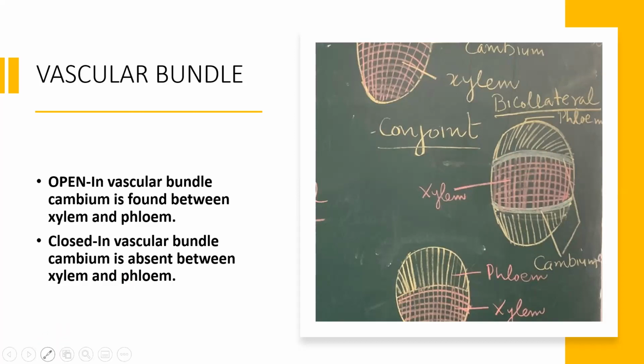Now, what is cambium tissue? This is basically a meristematic tissue. It helps in secondary growth of the plant because its cells can divide and redivide, and this helps in formation of secondary xylem and secondary phloem. So this is called secondary growth of the plant. And if cambium is not there, secondary growth will not occur in the plant, meaning no secondary xylem and secondary phloem will be produced.